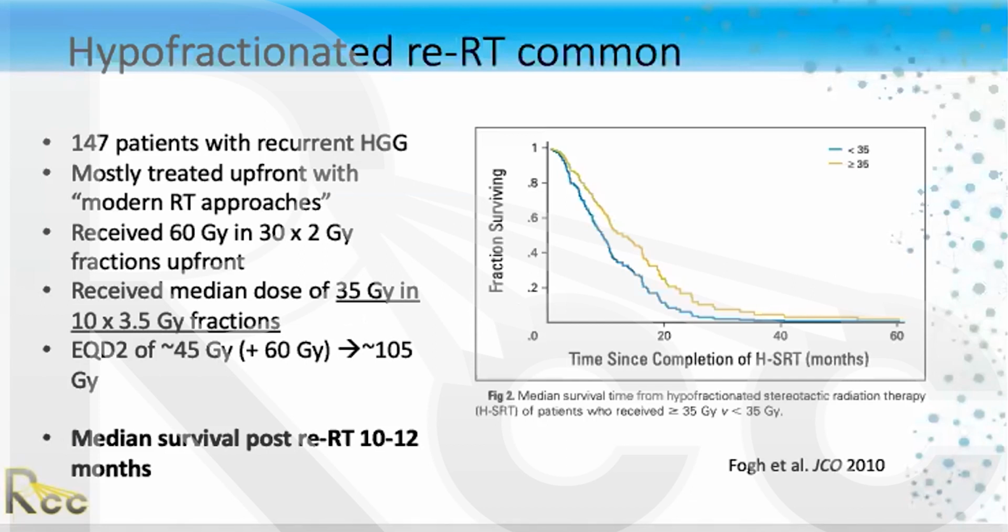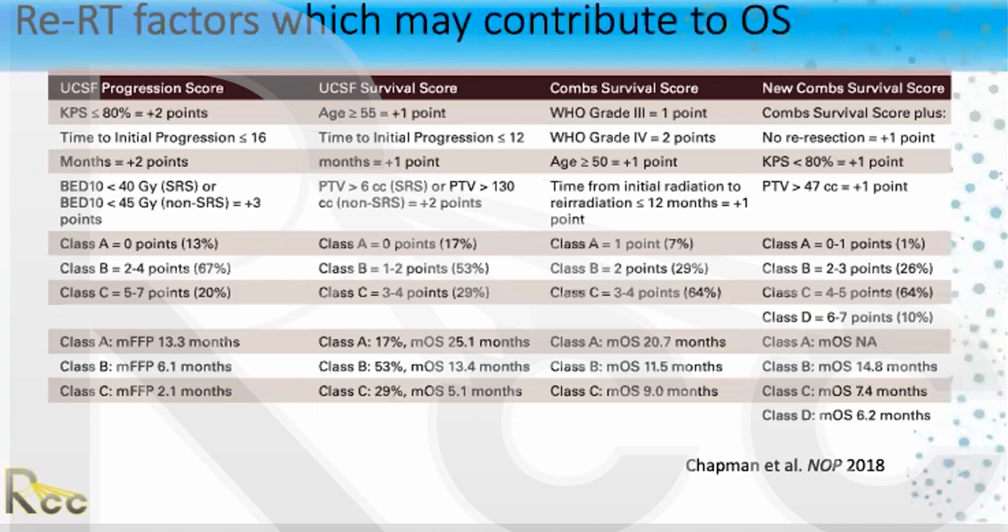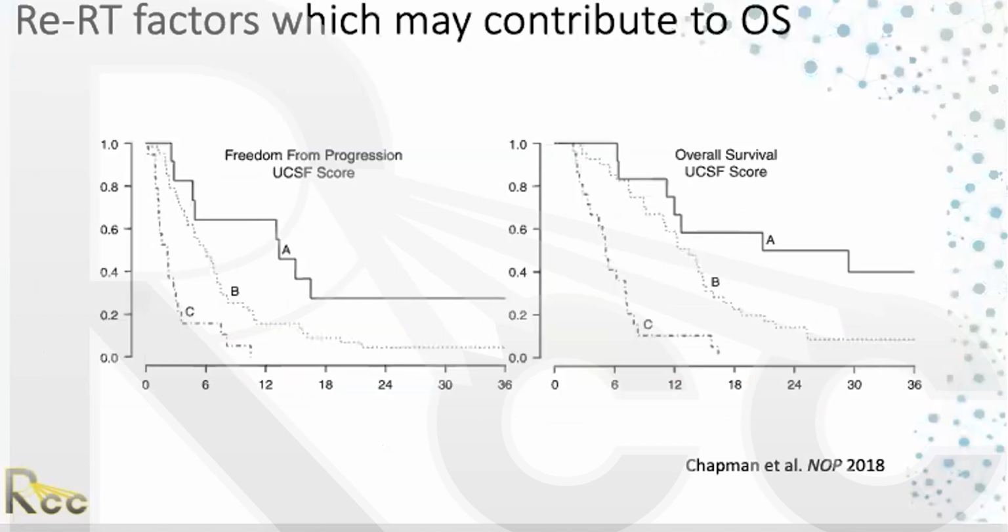So many groups, both us in the US as well as in Europe, have looked at various reirradiation factors that can contribute to overall survival to try to select the patients who may actually benefit. There are a number of prognostic indices that are used, looking at the patient's overall performance status, the time from the initial radiation to the time of progression where we're considering reirradiation, and also what the dose of reirradiation may be. This at least allows us to prognosticate and have important informed conversations with both our interdisciplinary care team members and the patients themselves about the expected outcomes with reirradiation,